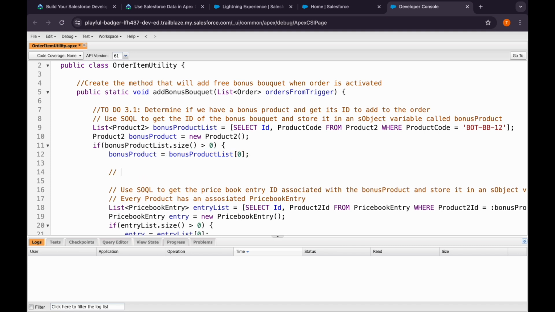So what does this list mean? Suppose we have a list of colors, a color object, and we have fetched from the color object, so the data will be returned like this: green, pink, red, blue. That's how it will return data, and its index 0 would be green. So similarly we are assigning the first product of that list to this bonusProduct variable,